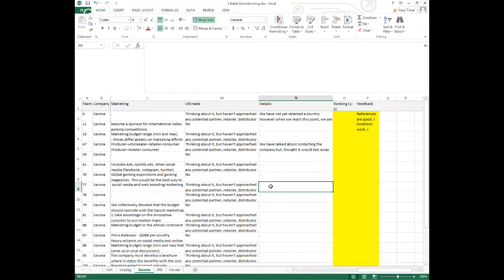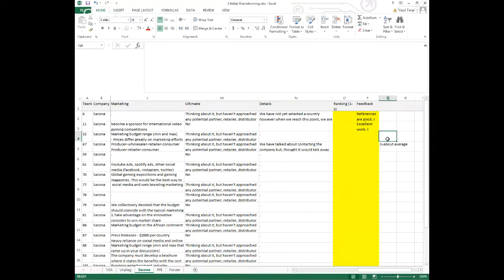Now, when you have a company that is popular and that has 30, 40, 50 teams working on this challenge, it may be very difficult to rank them from 1 to 50, you know, like this is team number 1, this is team number 2, and so on. But it is possible to rank them in terms of general groups. And so we use a 5-point scale where 3 is about average. So kind of similar to other work. And that's going to be your most popular grade that you will give.